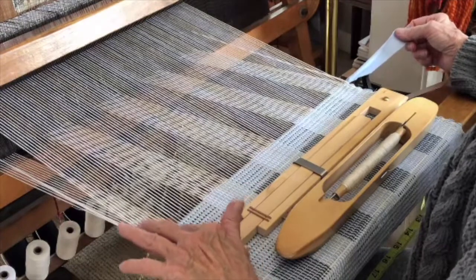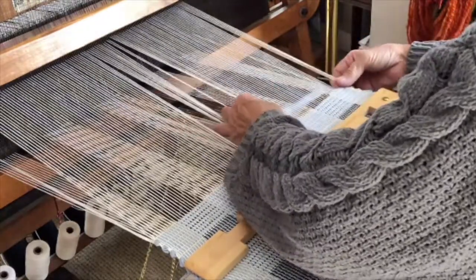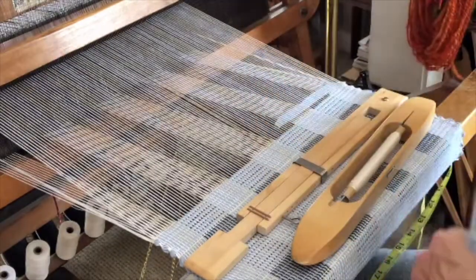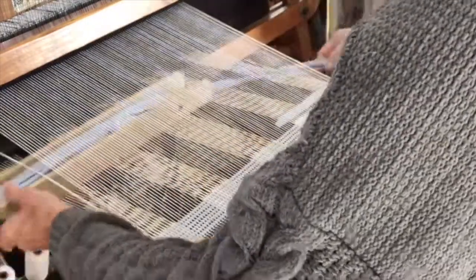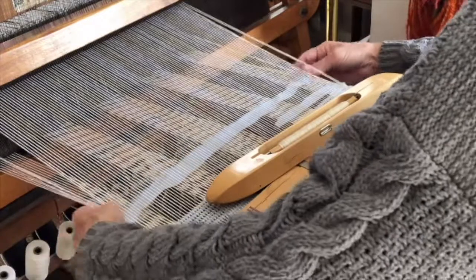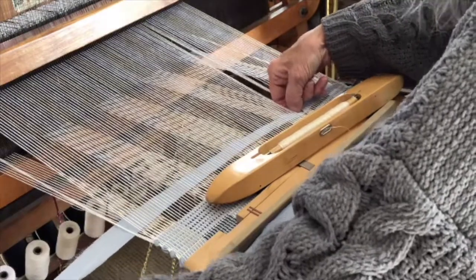1, 2, 3, 4, 5, 6. So this is going to be my last row before I change. And I move my temple up fairly regularly because I've got all this stuff going on at the selvage. And I have the ends of my rags tapered so they kind of...